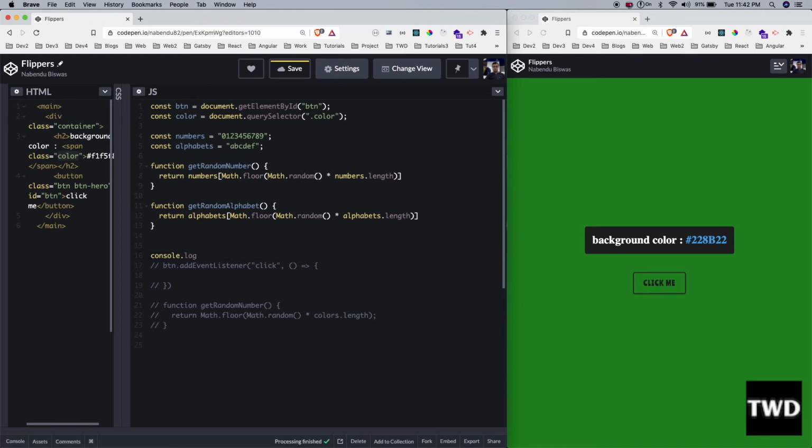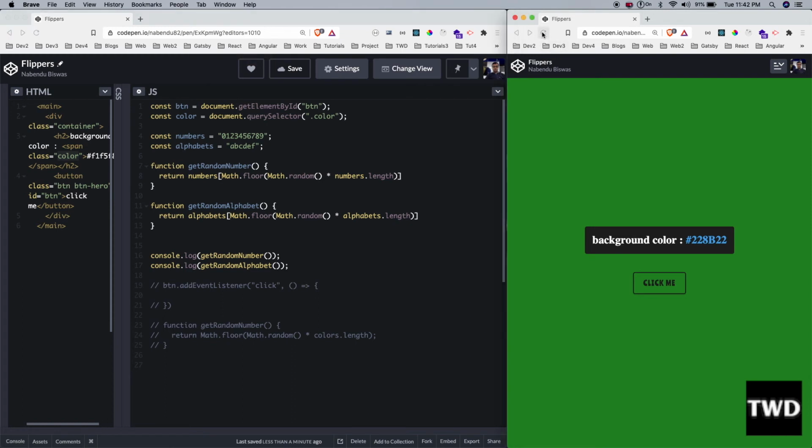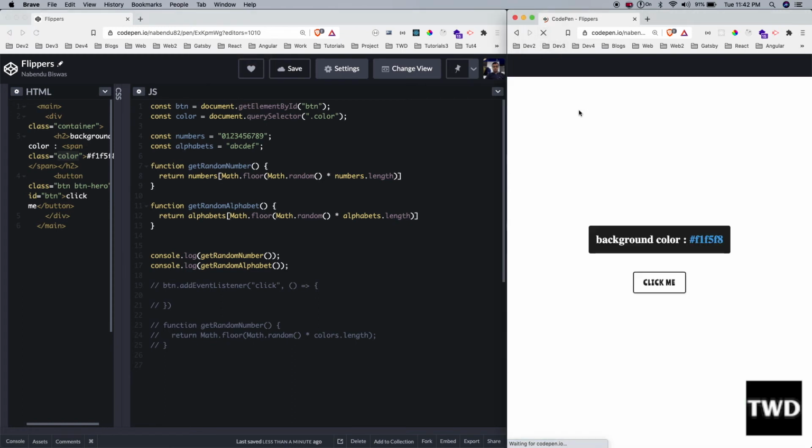Console.log. See, I am not even having an event listener, so I will just have to refresh the page. Get random alphabet, let me save it. Yeah, it is saved. Control S or Command S works in your CodePen.